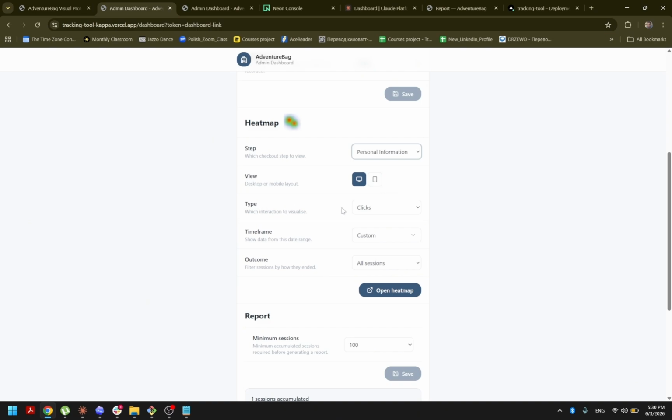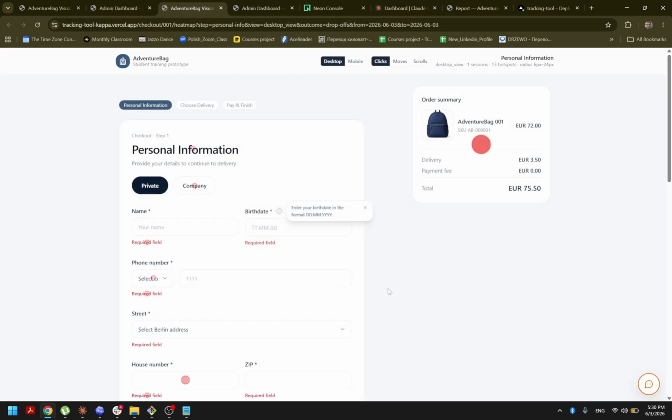Let's build the heat map for clicks. The time frame today. I will actually select drop off because our only session is a drop off session. Let me open the heat map, and we can see the dots. So these dots actually show where the customer clicked. I clicked here, here, and then here,